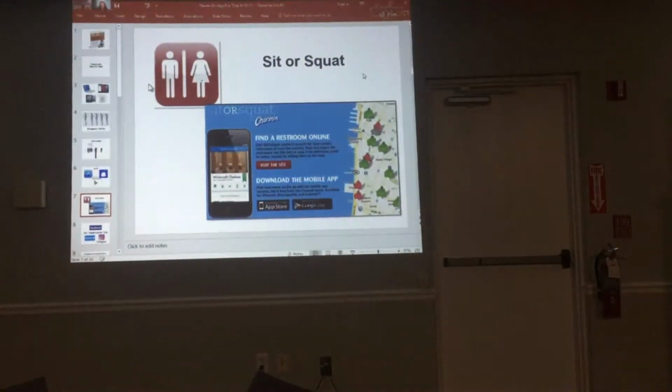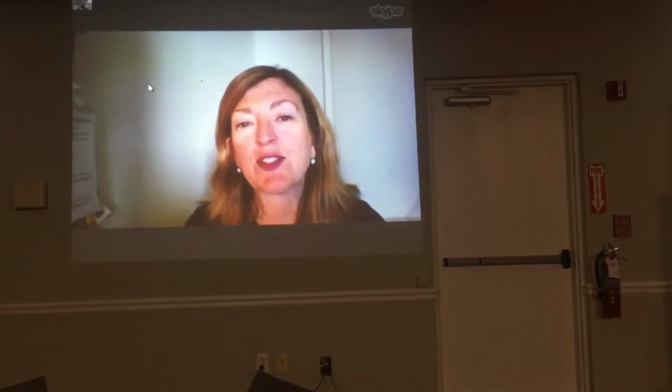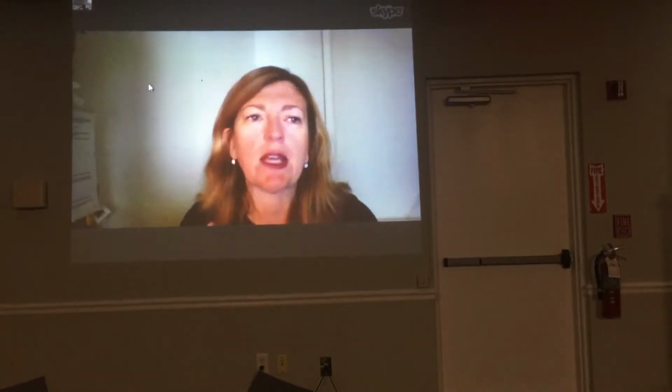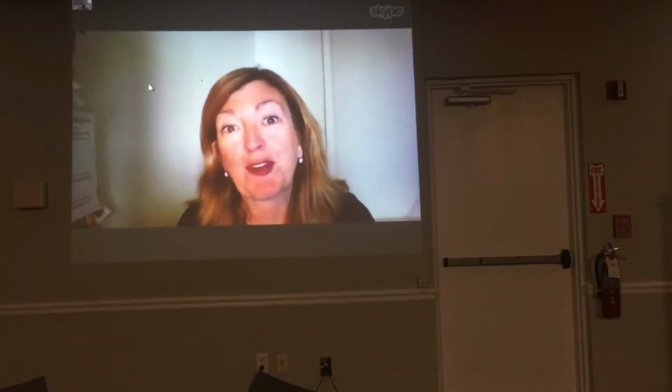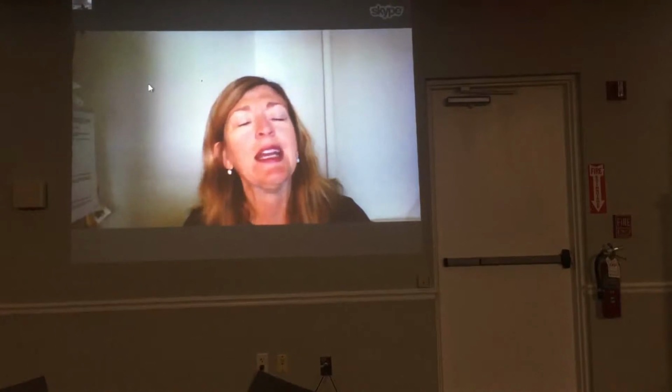So, for example, this is my favorite app on the internet of all apps. It is called Sit or Squat. It is sponsored by Charmin, and basically it finds where you are and it tells you where the nearest public toilet is. Which, no matter where I am, it always comes in handy. And because many of these apps are interactive with their users, it's not just that it tells you where the public toilet is, it also has the users give you descriptions of well, you've got to go into this hotel lobby and go to the right, and make sure you have a room, tell them you have a room there to let you in, or whether it's dirty or whether it's clean. So it's sort of fascinating.